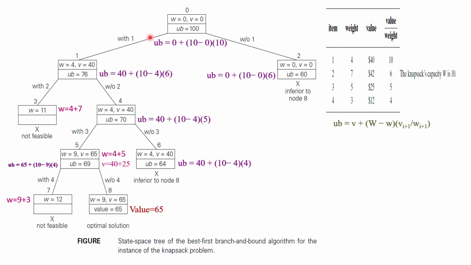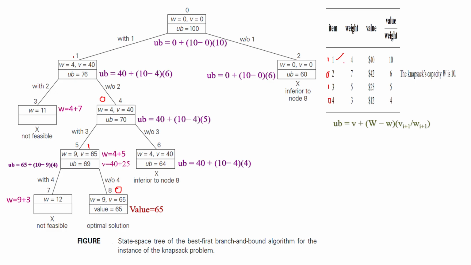And one more thing, with means you have to take it as 1, and without means 0. So what are the items you have included now? First item, that is 1, without 3 is 0. With 3, that is 1, and without 4 means 0. So you have included 2 items. The first item with means 1, the second without means 0, the third with means 1, and the fourth without means 0.